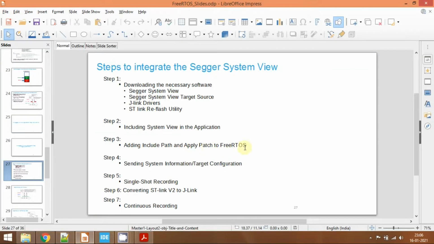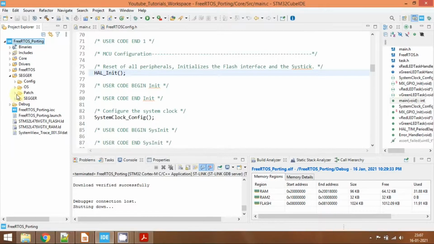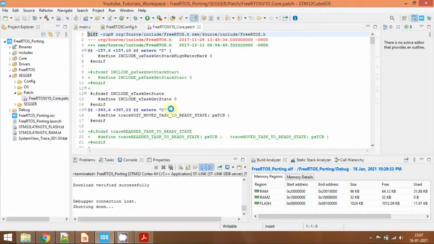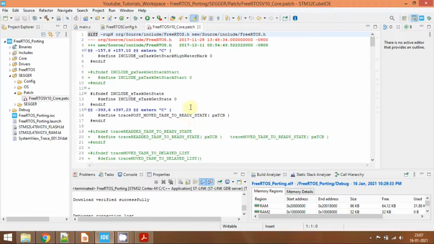Now we need to apply the patch to the FreeRTOS folder. What you have to do is expand the patch and open this FreeRTOS version 10 core.patch file. If you look at this patch file, they have given a hint here: they are maintaining the directory structure in this manner, org/source/include/freertos.h.